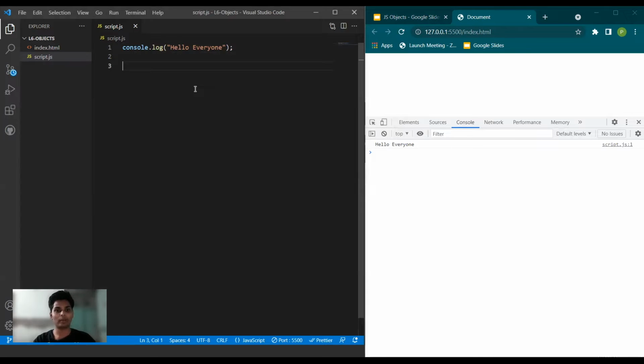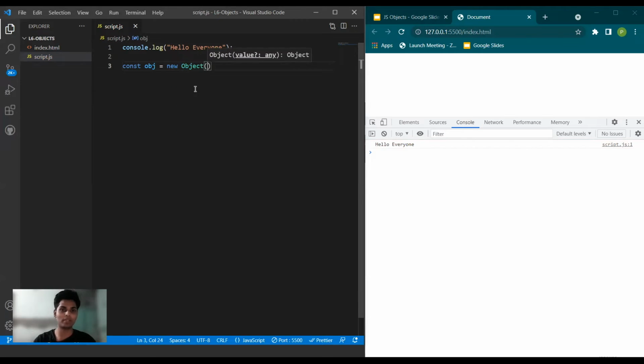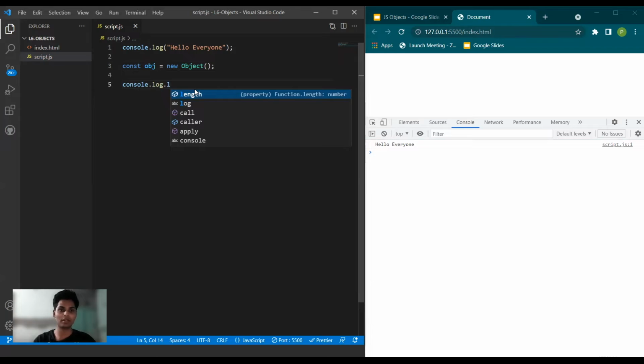Now before talking about the object literal, I'm going to create an object with the help of the new keyword. So what you need to do here is use a declaration. I have declared a const, and since you are going to use the new keyword, you have to write new. This is just a keyword in JavaScript. You can memorize it for now. We'll talk about how new works in the coming videos. Now you want to create an object, so you have to use Object here. Now you will be able to see that your object has been created.